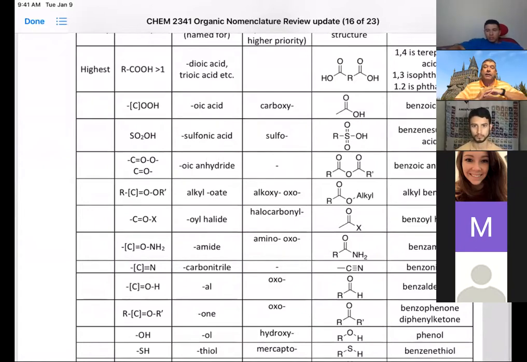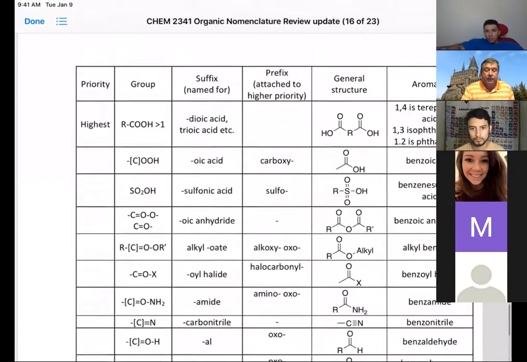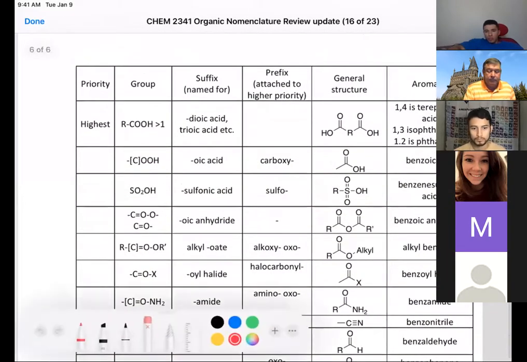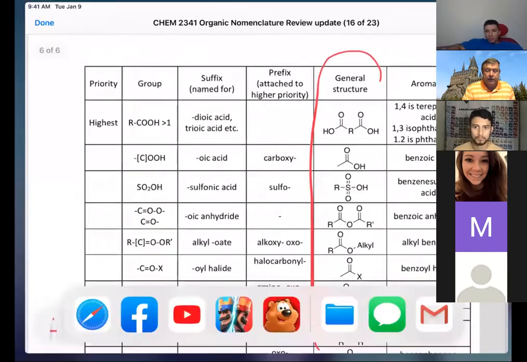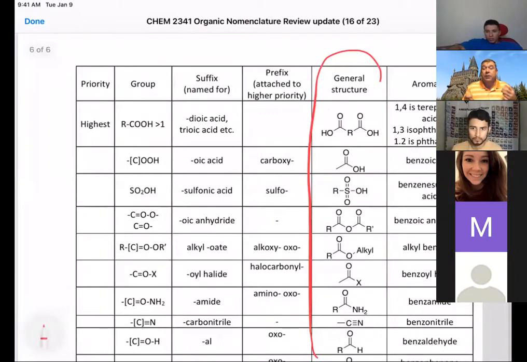We're all going to break out into breakout rooms and try our best at figuring out all the names. So we'll want to, number 1, learn all these functional groups. If you look at this table in particular, there is a generalized structure, and you can use those to make flashcards if that's how you would learn better. The idea is the part that's not the R group is the key part of it. We'll talk about that a little bit more as well.